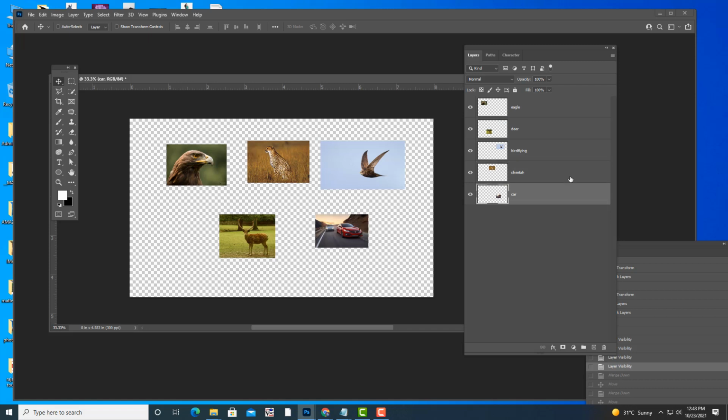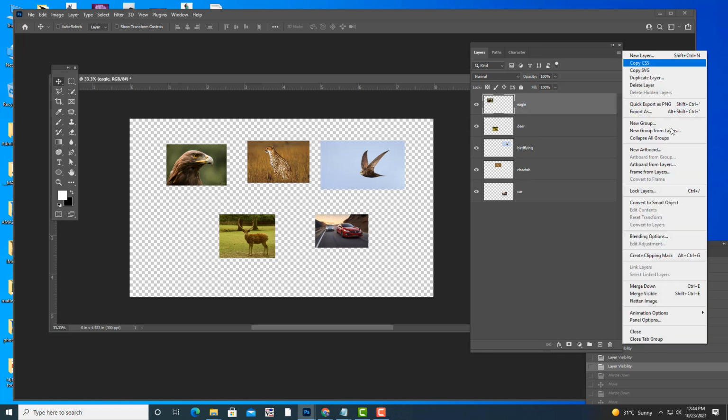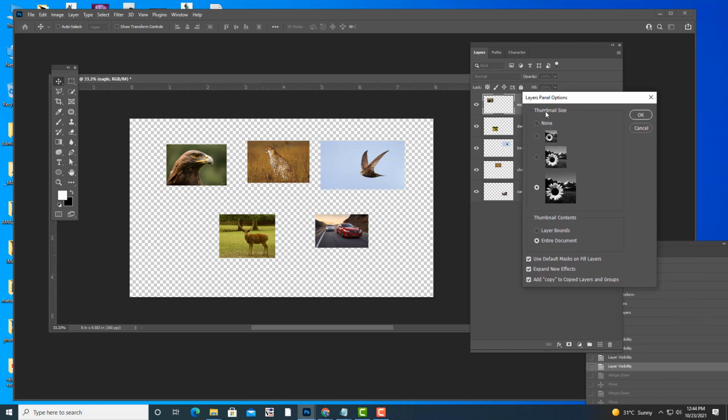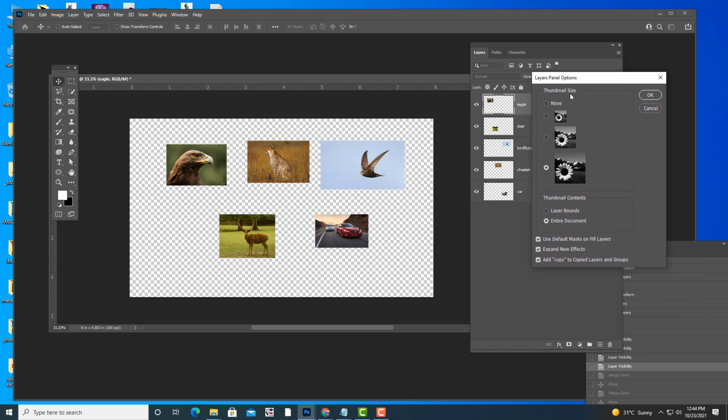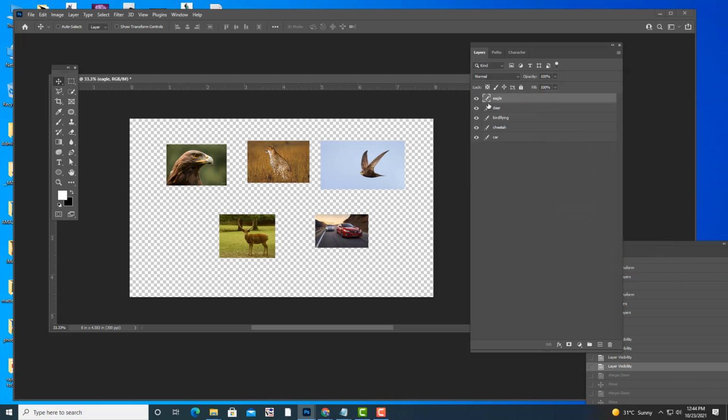sometimes this box will not be visible. Okay, it means this layer panel looks a little bit different. So in case you are not able to find this thumbnail, you have to click on this top right corner button, and here we have options. We have an option called panel options. Just click on that panel options, and once you open it, see what you can see here, thumbnail size.